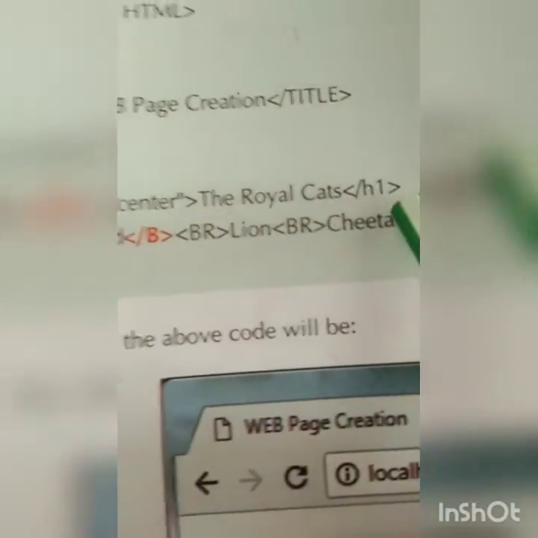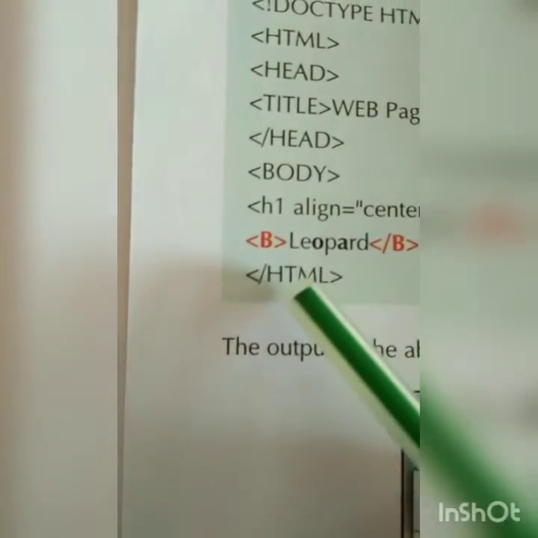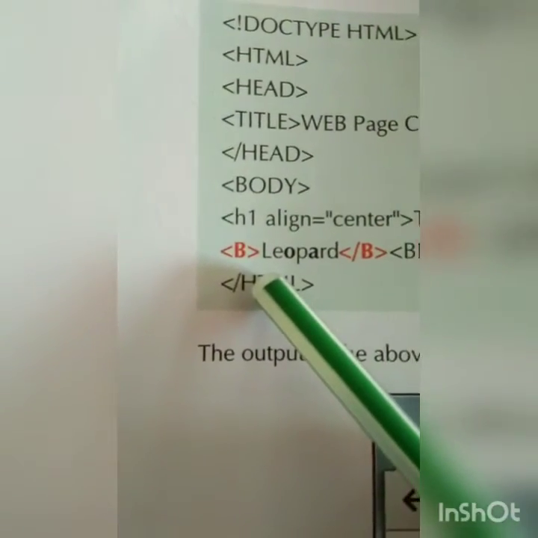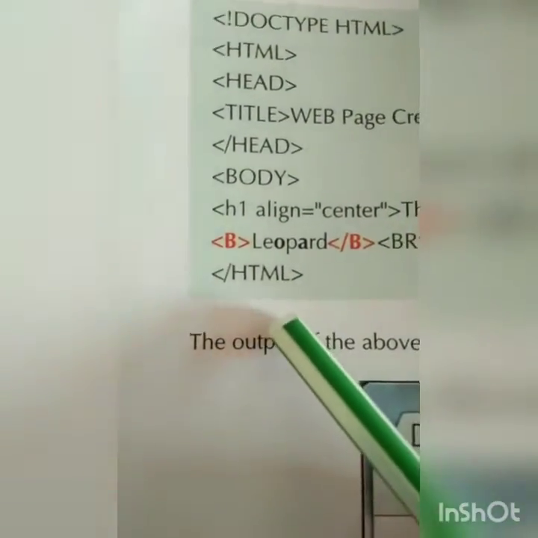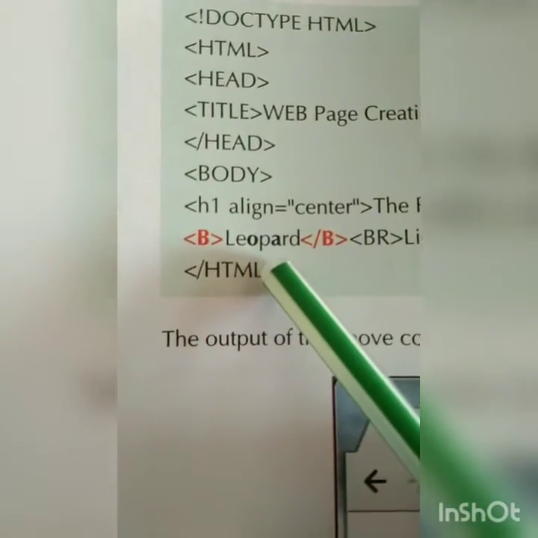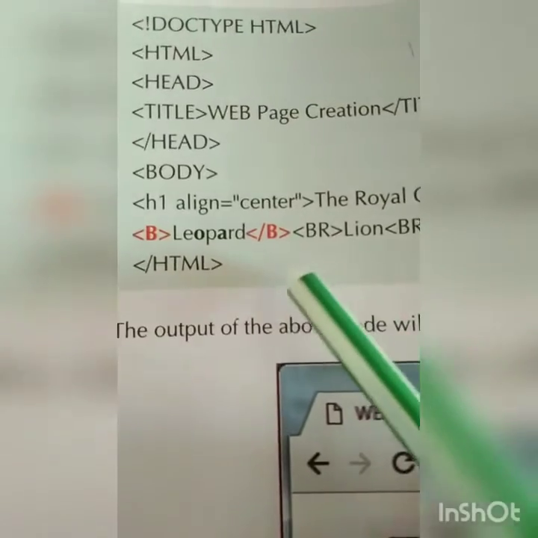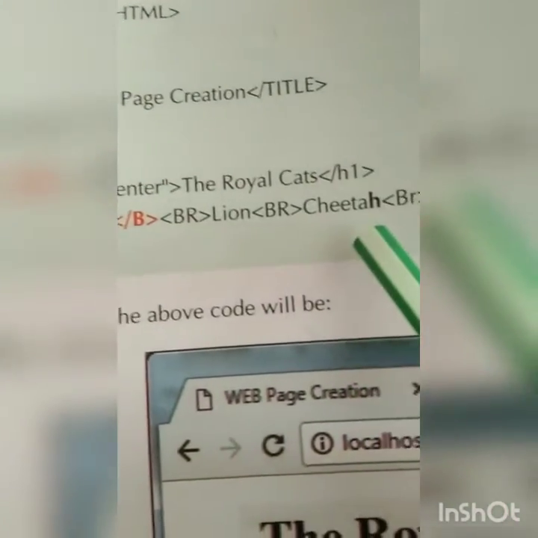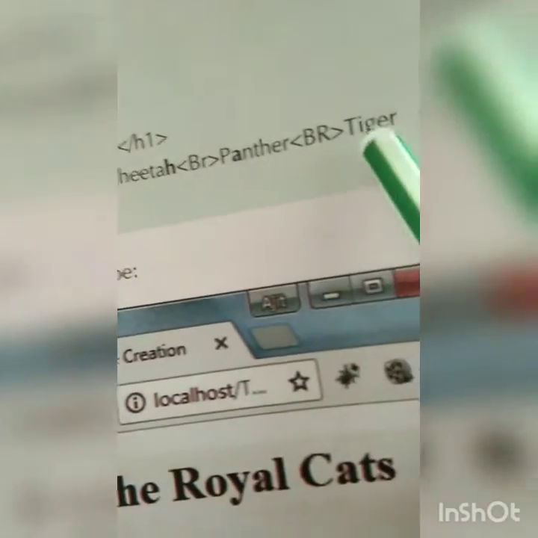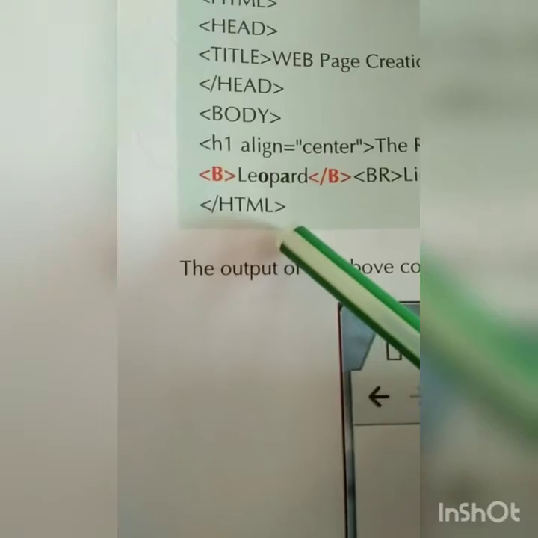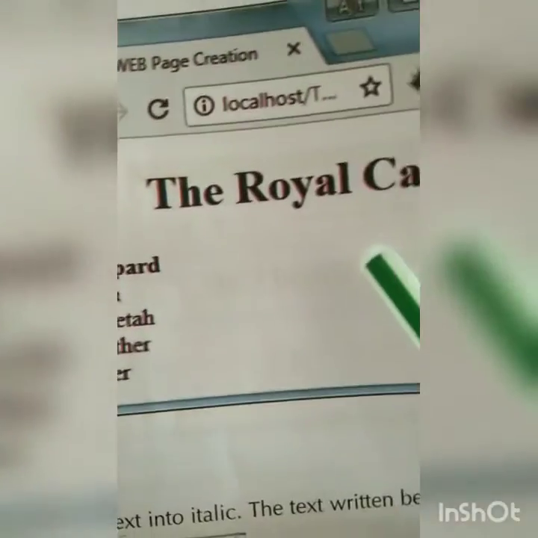Heading over, and that also in bold you are giving. First we did next. Now we are giving bold in bold. So bold, leopard, over, then again lion, cheetah, panther, tiger, body part over, and my document also over, that is /HTML. So it will look like this.